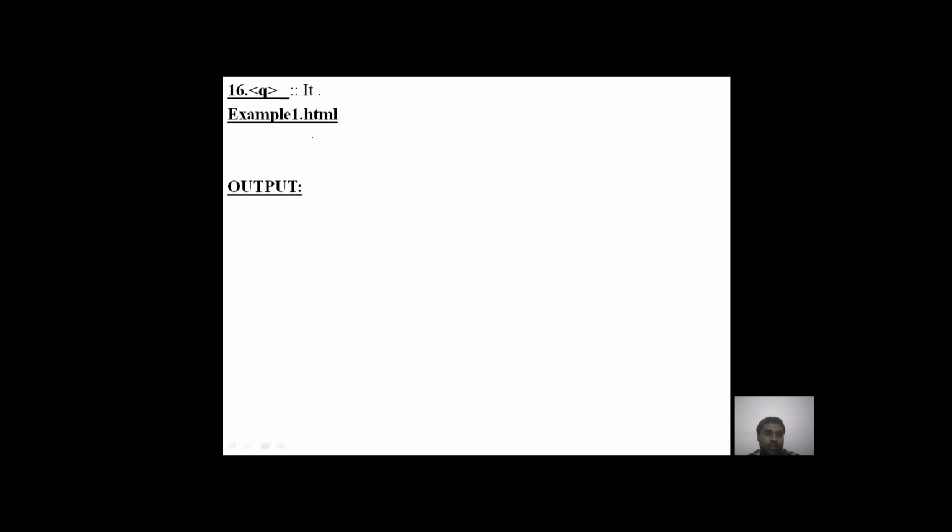We'll move to the next one, that is Q. It is used to define quotes to a particular statement. Let us say, for example, I have written a statement like this: "this is", using Q like this, "CSE" inside Q tags, and then "department".